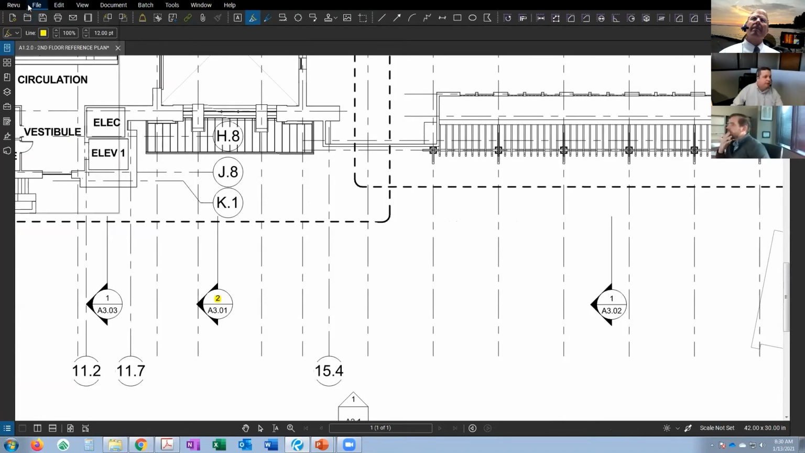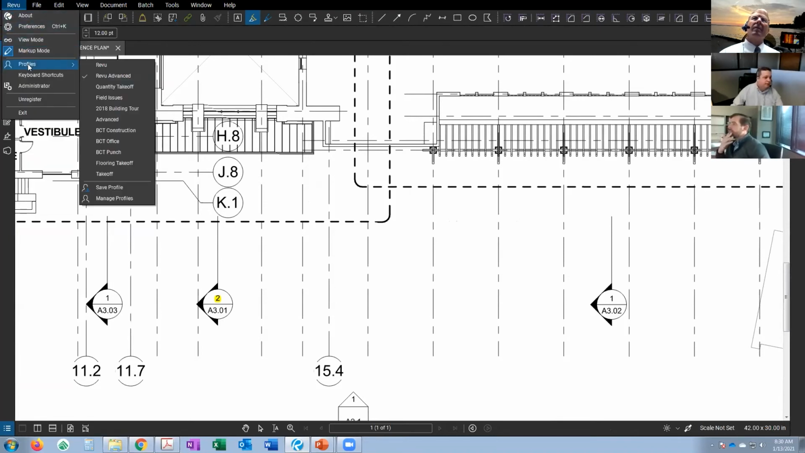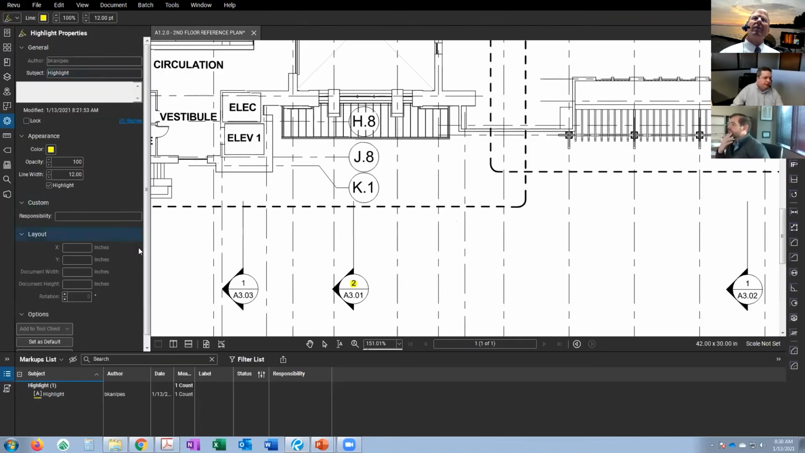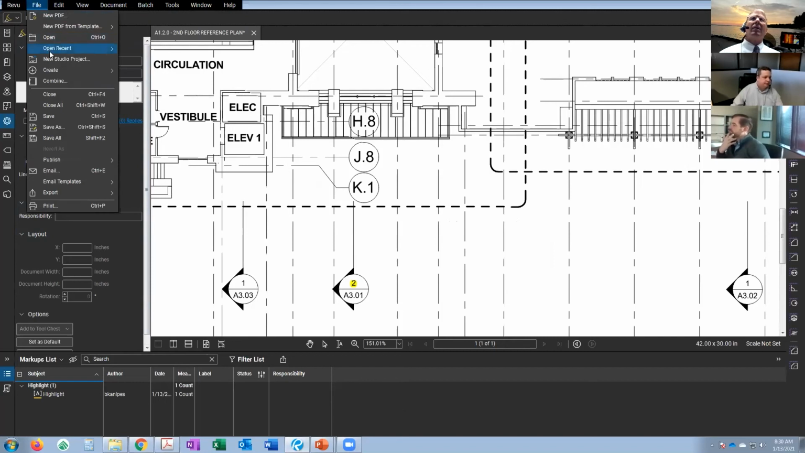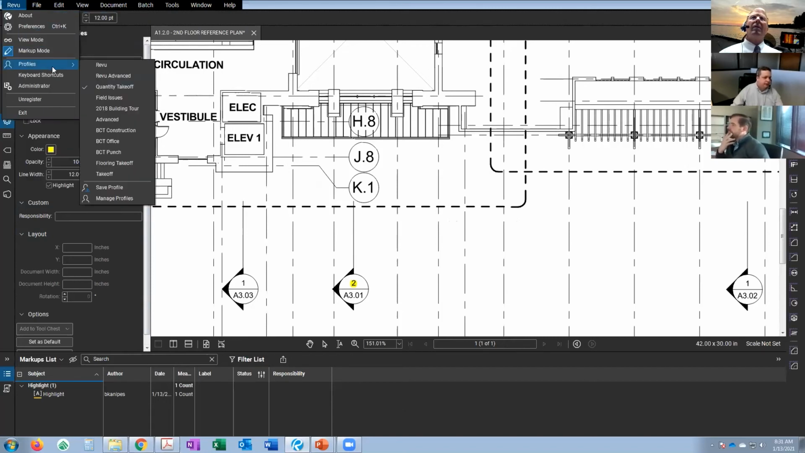Or you could change it to, let's see, where's quantity takeoff? So you'll notice how the screen's completely changing every time we change the profile. So it's changing our workspace. Let's see what we got here. And you'll notice that the panels are configured differently for each one. So if we jumped over to quantity takeoff, which is where we're at, if we jump back to review advanced,